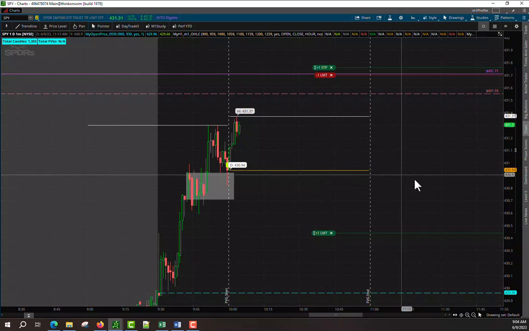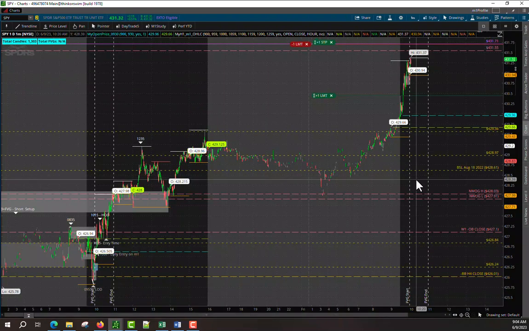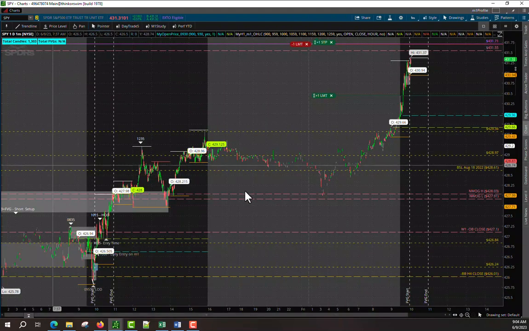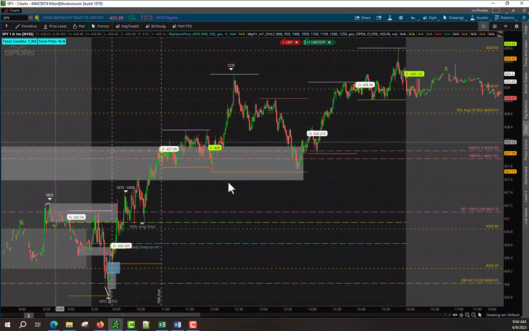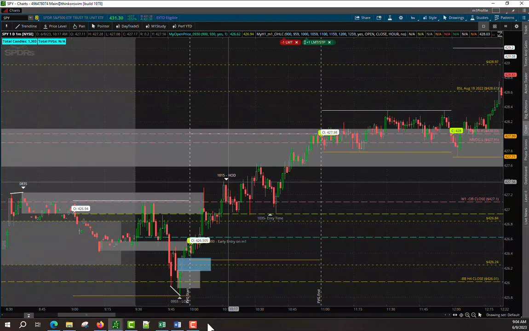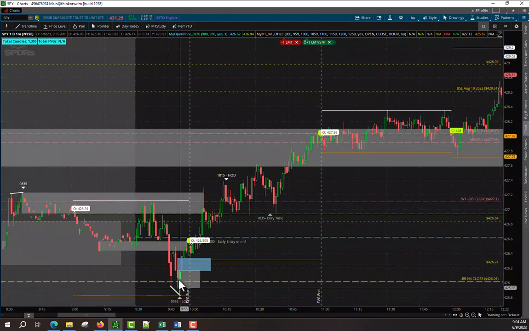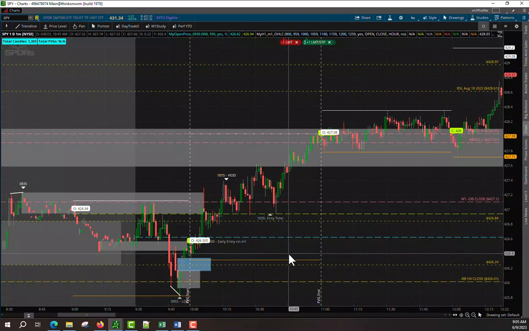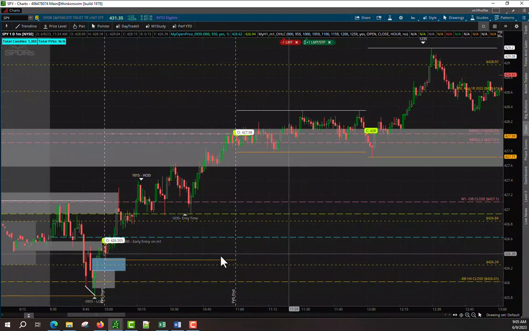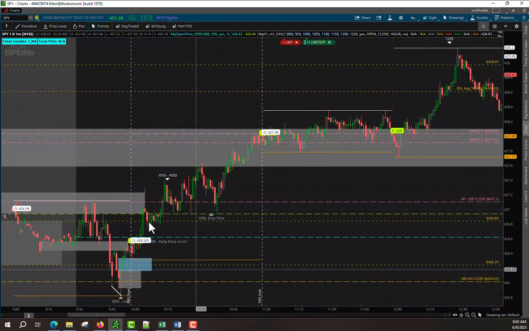Right, let's go back to yesterday. Yesterday right here at 9:55, if we anticipate this is the low of the day, then we can enter right here or right here on the retest right there. Then we have a very nice long trade setup right there. We anticipate that because the DR model specifies that